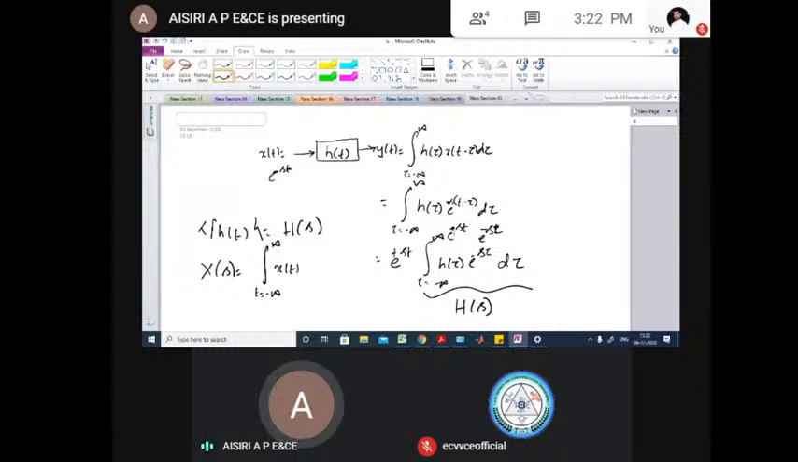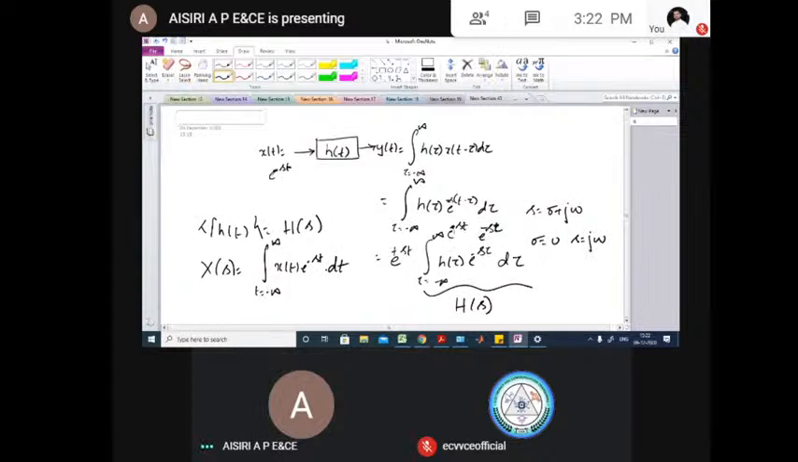So x of t into e power minus st dt. So this is the Laplace transform. But we know that s is the complex number, which is given by sigma plus j omega. So if sigma is equal to 0, then we get s is equal to j omega. Substituting that, we get